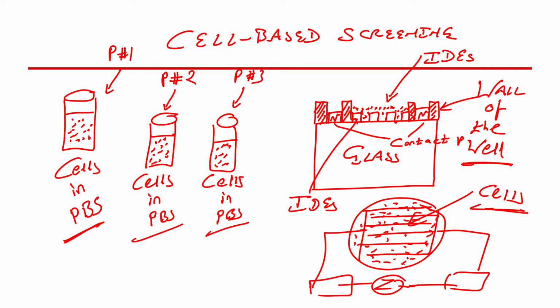So, the idea is if I load normal cells versus cancer cells, would I be able to see the difference in the impedance value? And the answer is yes. Designing such sensors will help you measure the impedance, and the impedance of the normal cells would be different from cancerous cells. So, what you have to design is interdigitated electrodes. Can you design that? Everyone can design. By this time everyone should be able to design.